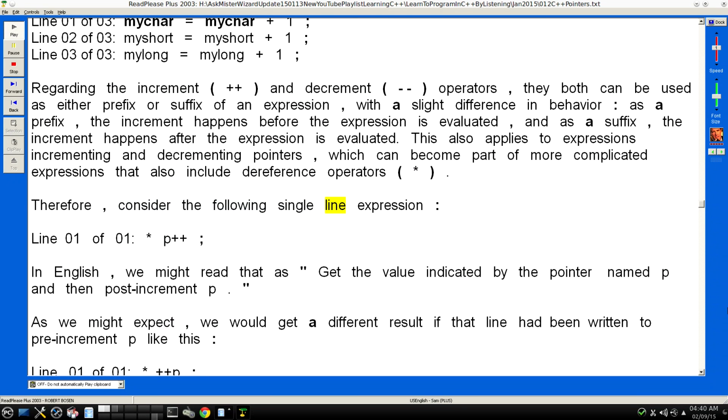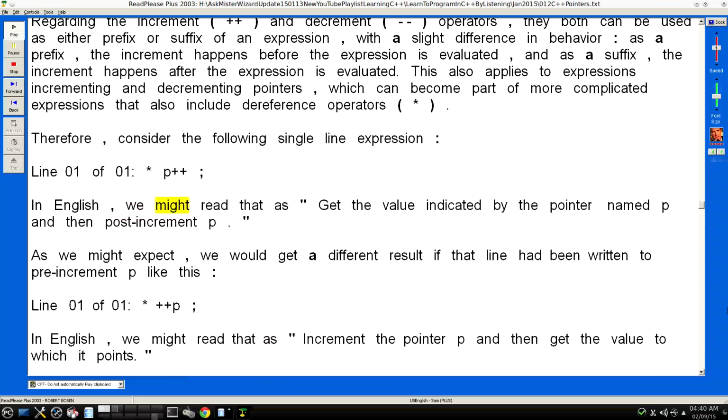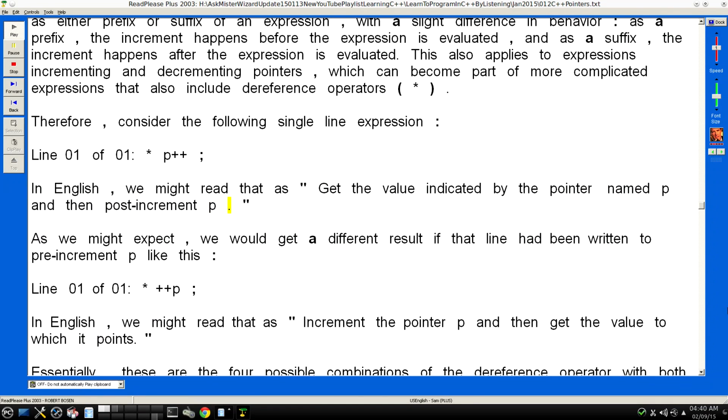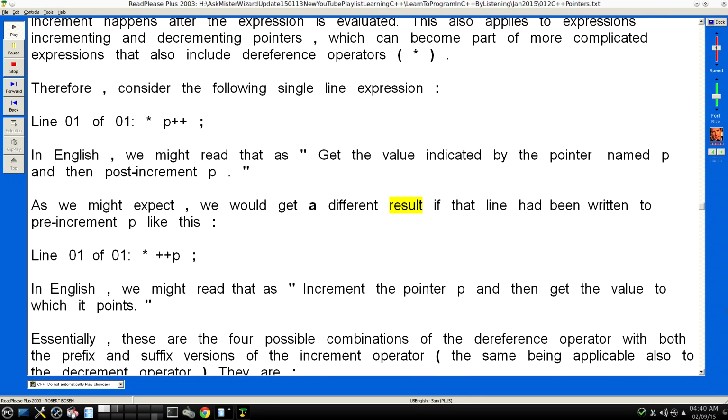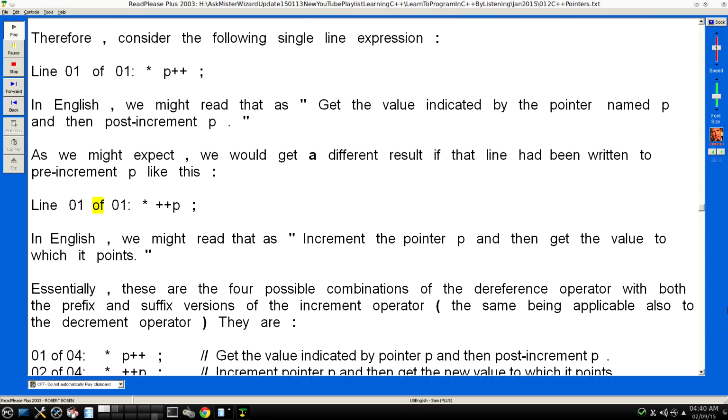Therefore, consider the following single-line expression: *b++; In English, we might read that as "get the value indicated by the pointer named b and then post-increment b". As we might expect, we would get a different result if that line had been written to pre-increment b like this: *++b;